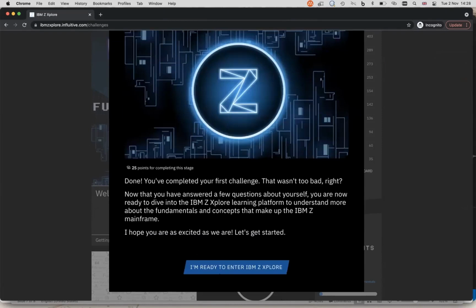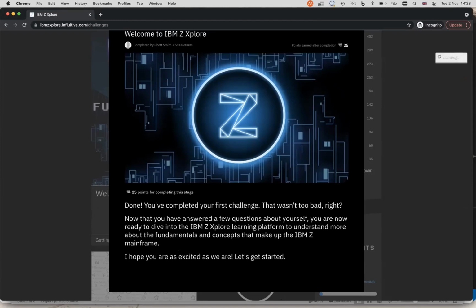I'm now ready to enter Xplore. And at this point, I've filled in and agreed to the terms and conditions. I have to do that when I sign in. There's some T's and C's you have to agree to. Now we were saying we actually want to participate in this program. When I hit this, that will go off and provision me a